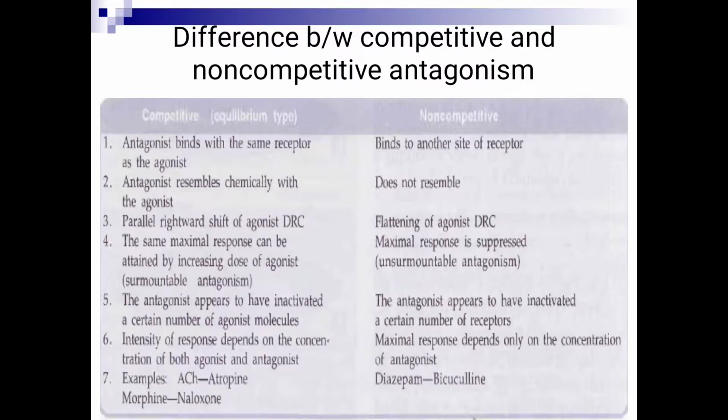So same receptor here, the allosteric site there, chemically same, chemically different. Rightward shift of the DRC, flattening of the DRC, surmountable, here unsurmountable. Concentration depends on agonist and antagonist. Concentration depends only on antagonist. Examples are acetylcholine, atropine, naloxone, morphine, and diazepam, bicuculline. So here we complete the